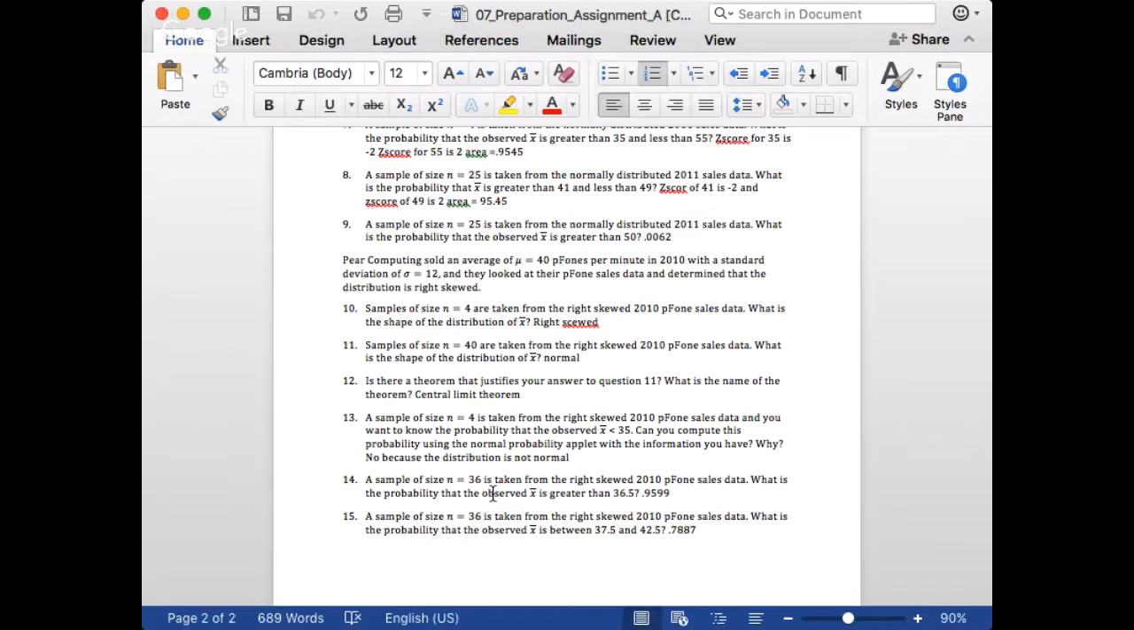All right, so where we get into 14, we talk about that. A sample size n equals 36 is taken from the right skewed data, with the probability that observed X bar is greater than 36.5. So because it's a higher sample size, we can do this. If you want to take a second, compute that z-score on your own, and then we can talk about the answer. And it's just going to be the same way as earlier. Yeah. 36.5 minus 40, divided by